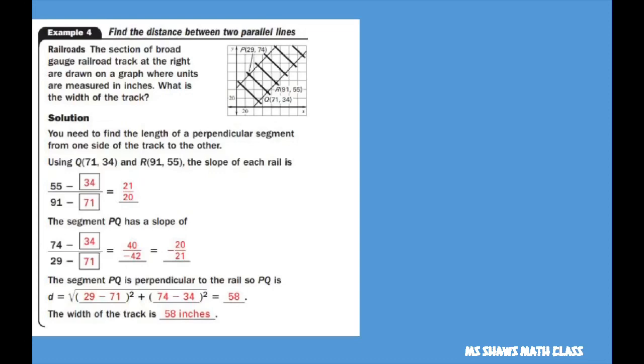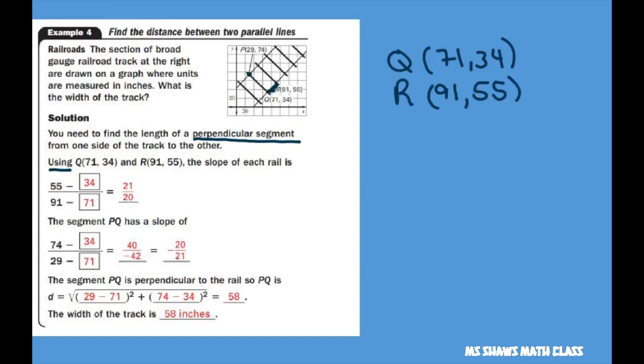And finally, we have example 4. We have railroad tracks here, and we want to find the width of the tracks. So basically, we want to find the distance between this point and this point, since it's given. So we need to find the length of the perpendicular segment, and we're going to use point Q. So Q is 71, 34, and R, these two right here, which is